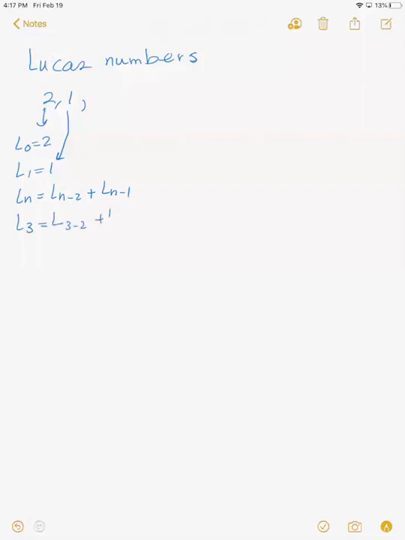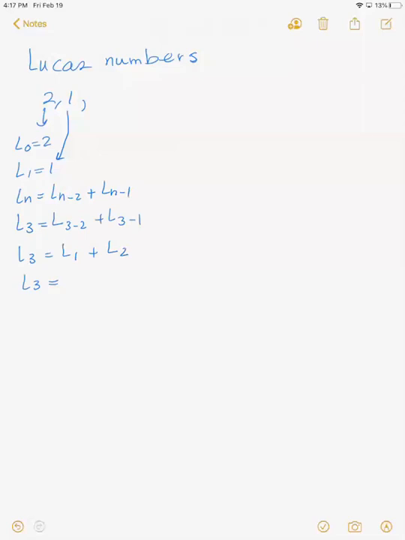Lucas numbers. The Lucas sequence is 2, 1, and so on. L0 is 2, L1 is 1, and then to find Ln, we add Ln minus 2 and Ln minus 1. So in other words, if I want to find L3, I go 3 minus 2 plus 3 minus 1. So L3 is equal to L1 plus L2, or L3 is equal to,